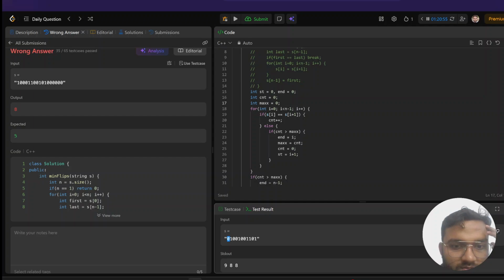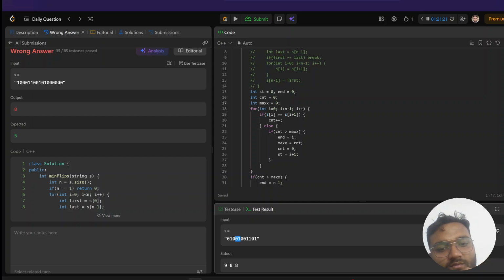Are you equal? No. After that, I check, are you equal? It says yes, I'm equal. I make sure to make a count plus plus. Count is 1,